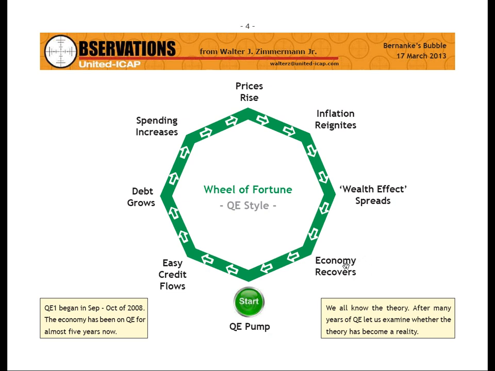Well, the economy has been subject to almost 5 years now of this pump priming, of this flooding the market with easy credit. It began in September of 2008. Here we are, just about April 2013. Before too long, we'll be looking at the 5th anniversary of quantitative easing. So now's probably as good a time as any to look at how close an economic recovery may be after well over 4 years of applying this theory to the markets.